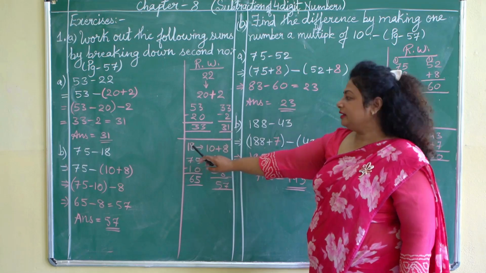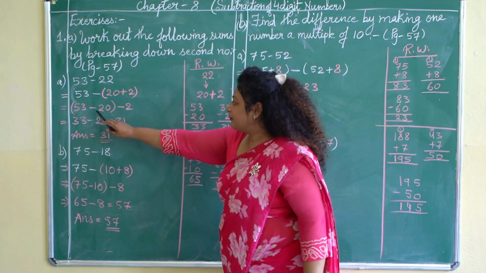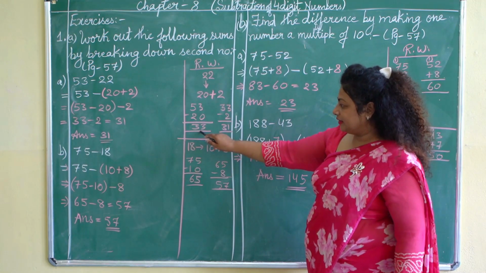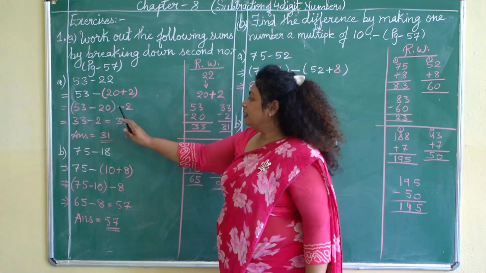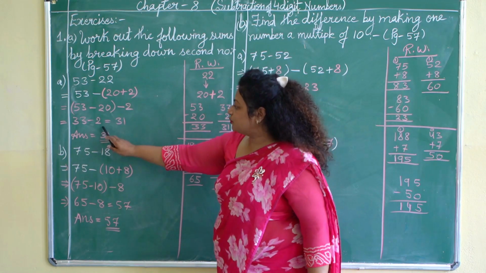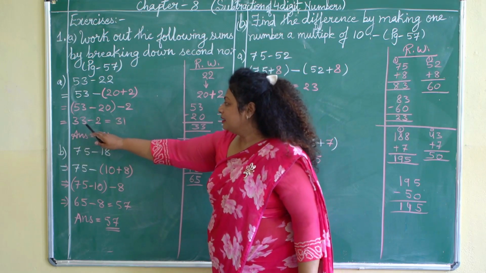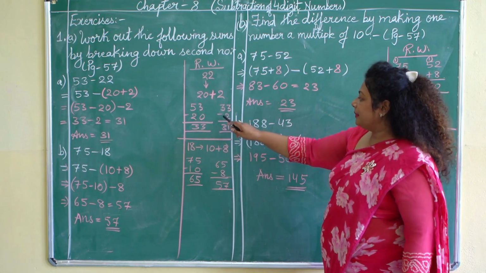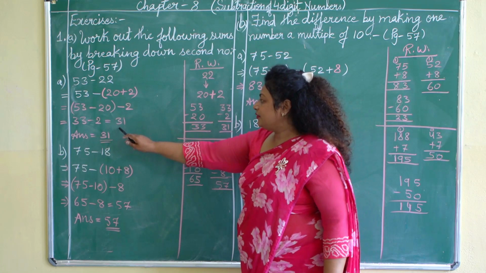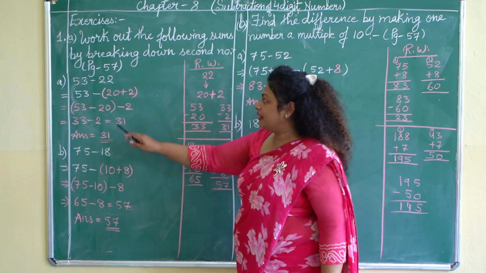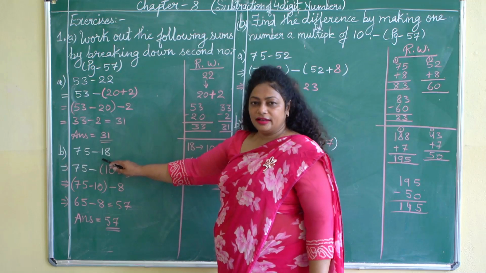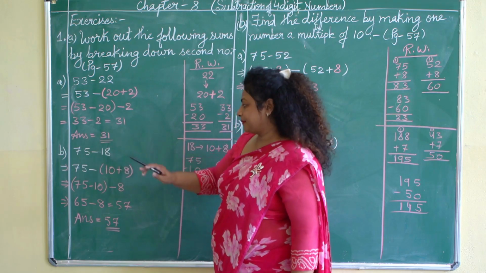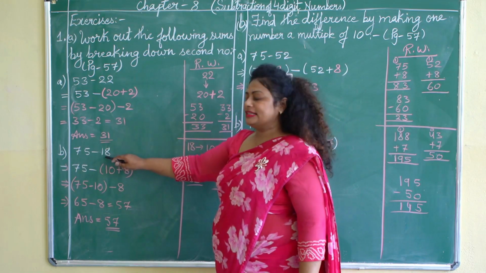Now let's subtract. See, I have shown in the rough work. From this 53, we have to subtract 20. So 53 minus 20 will give you 33. Let's write 33 over here. Note down this minus sign and note down this 2 also. So now we got the line 33 minus 2. Now again we have to subtract. So 33 minus 2 will give you 31. So the answer we got is 31. In the same way, we have to solve the other question. The other question given to you is 75 minus 18. Here 18 is again the second number.